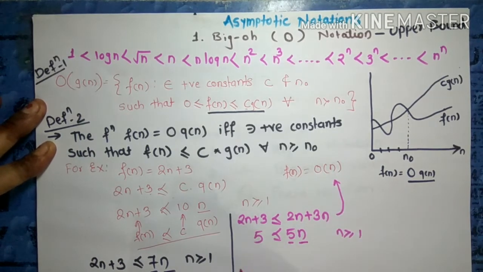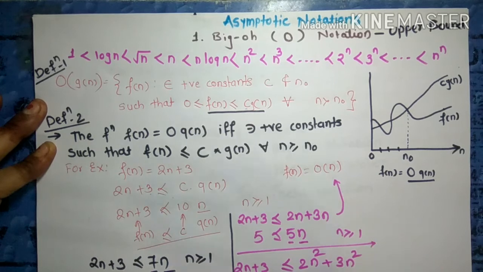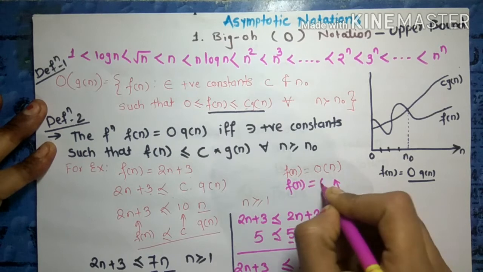But if for this 2n plus 3 f of n, I make it like 2n square plus 3n square, instead of taking linearity here, I make it quadratic. So what will be the f of n? 2n plus 3 is less than or equal to 5n square, for all n greater than or equal to 1. This is again true. This is f of n, this is again c, and this one will be g of n. Now in this case, what will the time function be then? Your time function will be big O of n square.